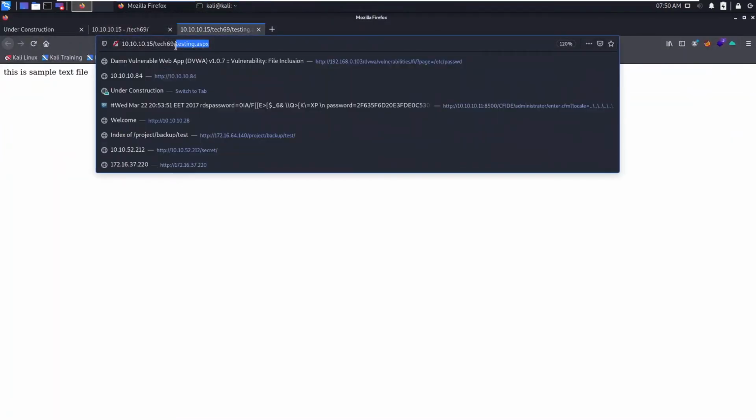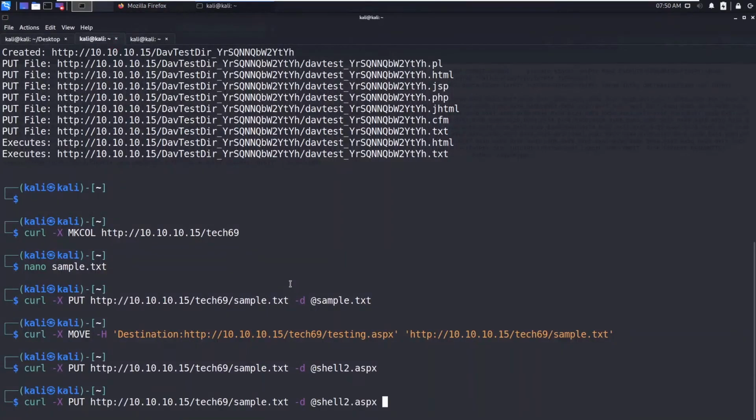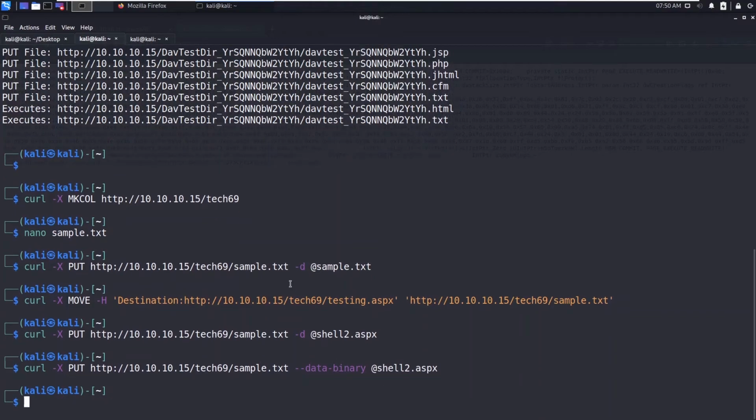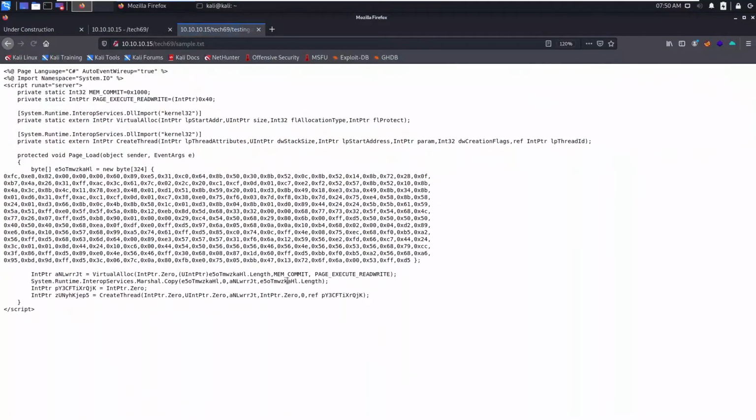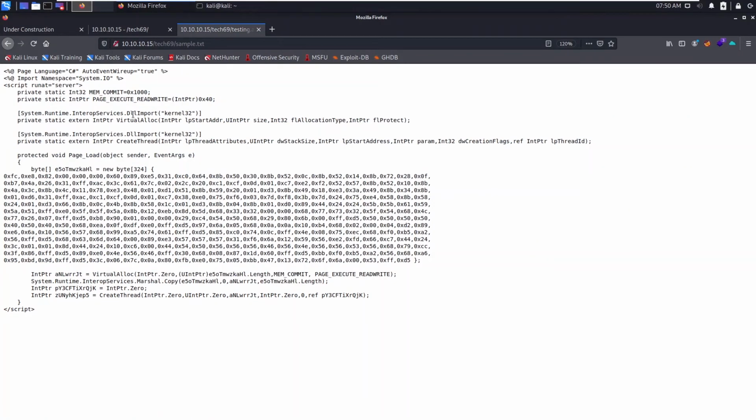Now let's go to sample.txt. You can see there are some spaces here, and that's why our reverse shell doesn't get executed. What we need to do is send this in binary format. Now refresh this. Now you can see it has the syntax correct with no additional spaces.